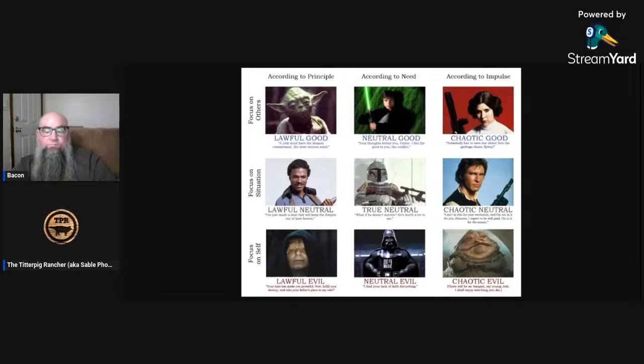No, the alignment is a tool for the GM to enforce boundaries upon the players, not the player characters but the players themselves, irrespective of setting, based upon how the player characters, as guided by the player's choices, interact with that setting. Does that make any sense? Yeah, it does. Okay.